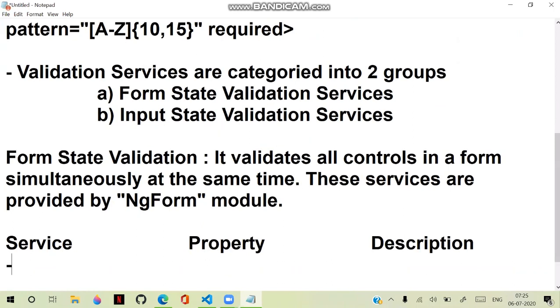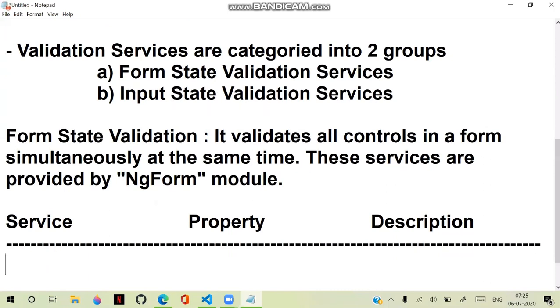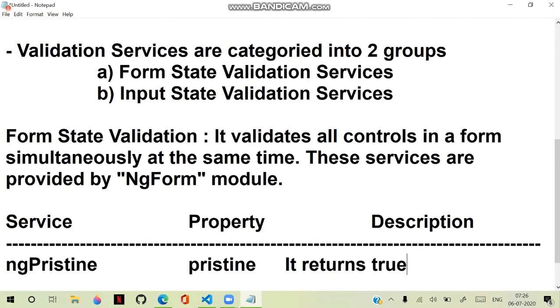The validation service ng pristine, and the property is pristine. In the library it is available as ng pristine. Pristine returns true